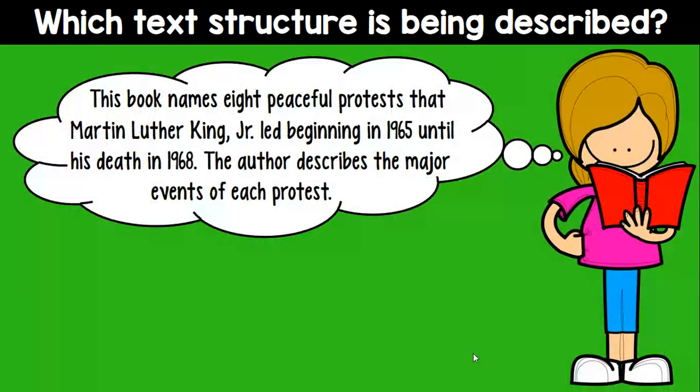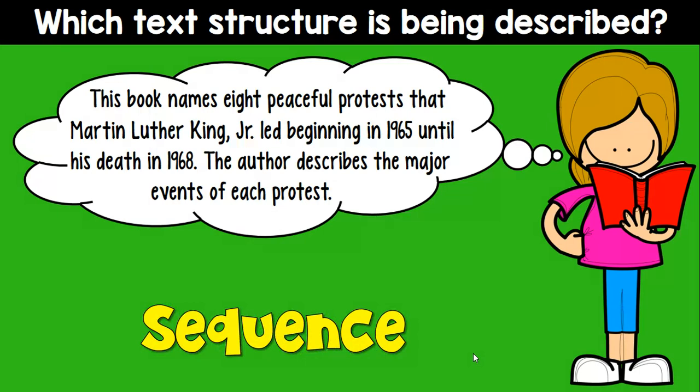The book names 8 peaceful protests that Martin Luther King Jr. led beginning in 1965 until his death in 1968. The author describes the major events of each protest. Because I noticed they're telling about these events in order, in other words, in sequence, I think the text structure is sequence. A lot of nonfiction about history is in sequence because we're talking about what happened first and then